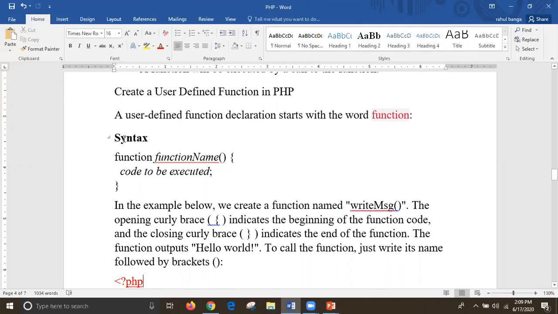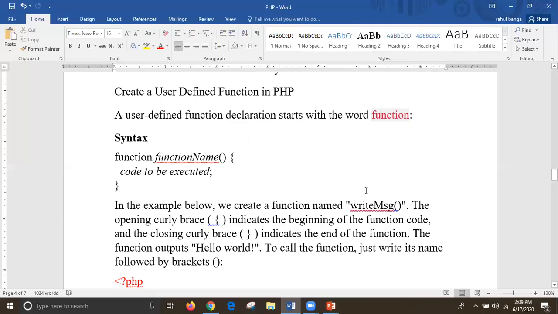The syntax is the function keyword, after that the function name that we want to assign, then the braces. After that, the code of the function we want to execute is written after the curly braces start, and once that is done, the curly braces are closed.